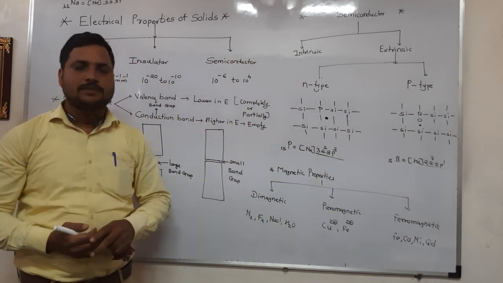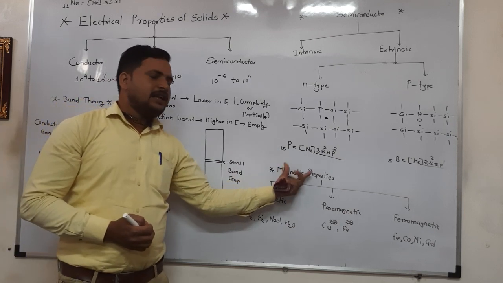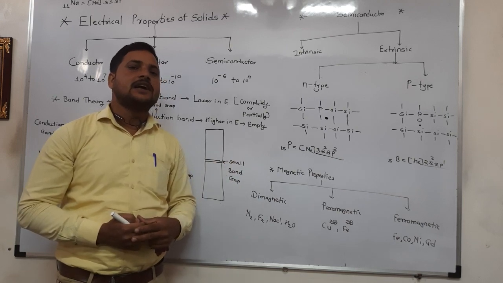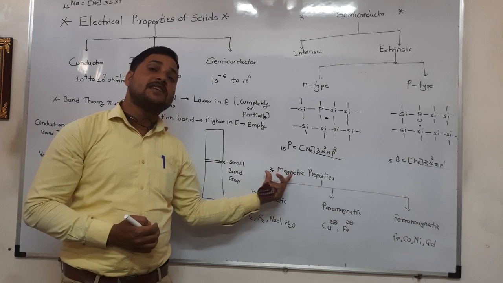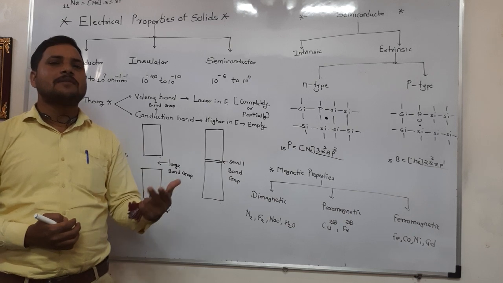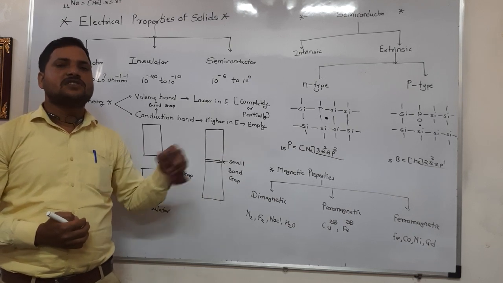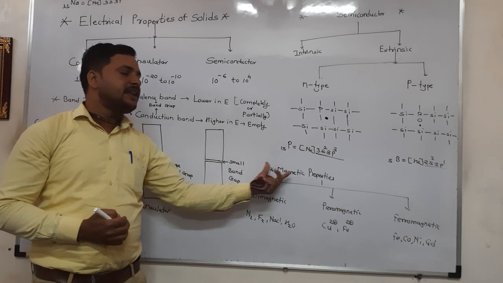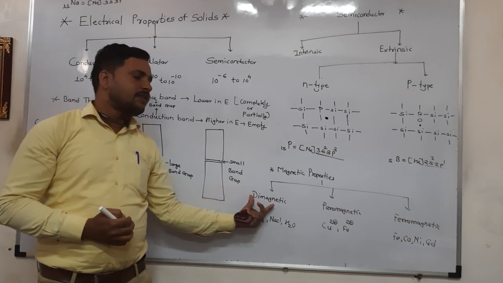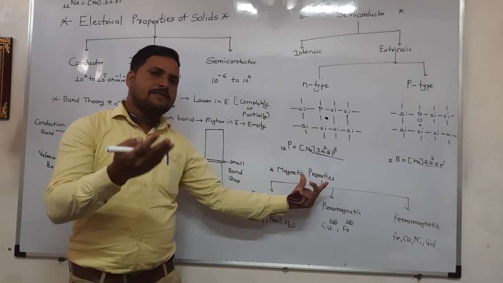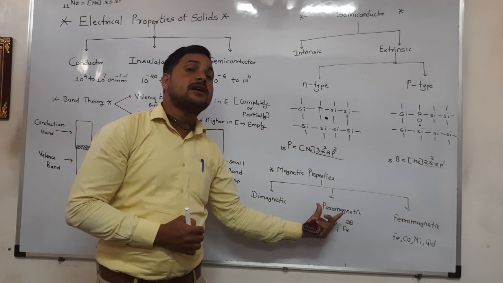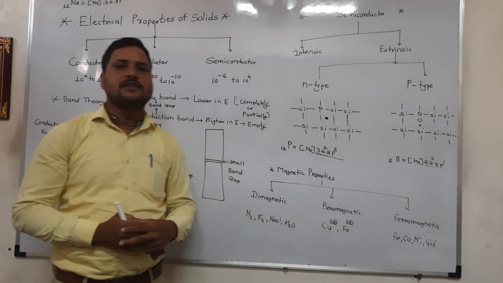Next point, magnetic property. In an element, electrons act as magnets, and according to the presence of electrons, magnetic properties are classified into 3 types: diamagnetic, paramagnetic and ferromagnetic. This classification is based upon the amount or pairing of electrons. If all electrons are paired, it forms a diamagnetic substance. If unpaired electrons are more, it forms a ferromagnetic substance. If unpaired electrons are few in number, it is a paramagnetic substance.